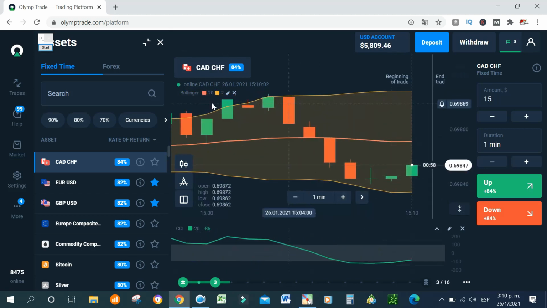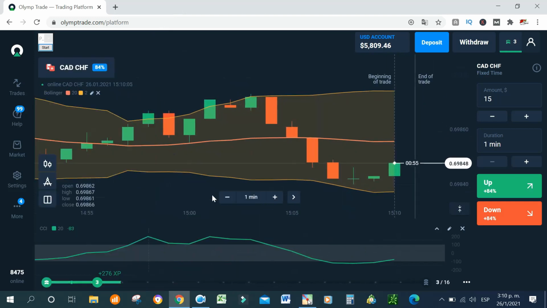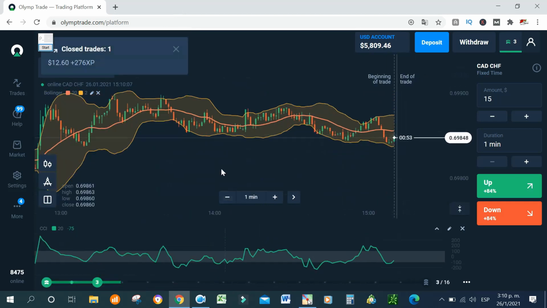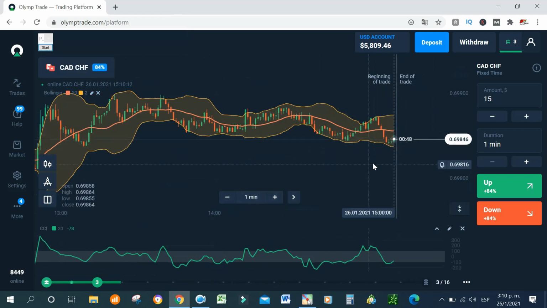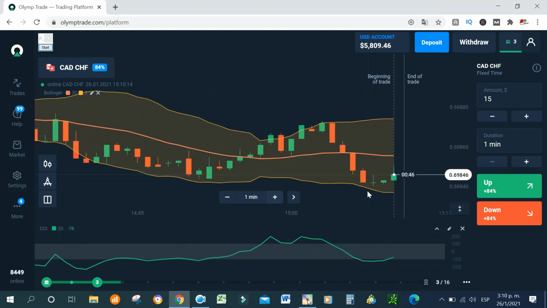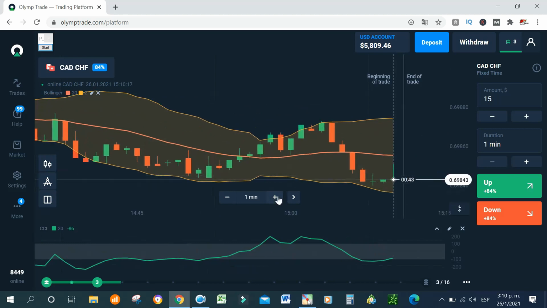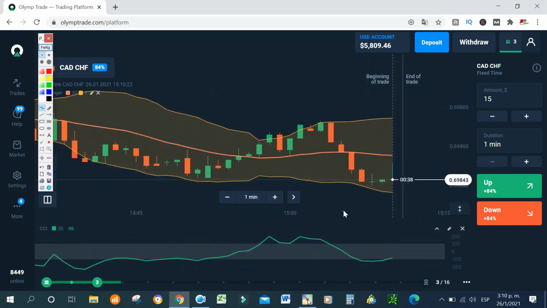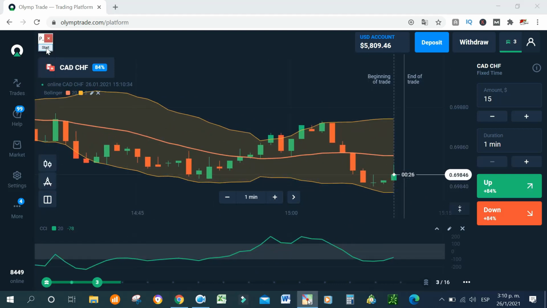Yes, we won this trade too, guys. So look how the price is going up. It's very interesting, this movement, but it's being rejected. So in this case, I would like to wait until the price touches the lower Bollinger Band, or at least crosses the lower Bollinger Band, to go up again. Okay, so